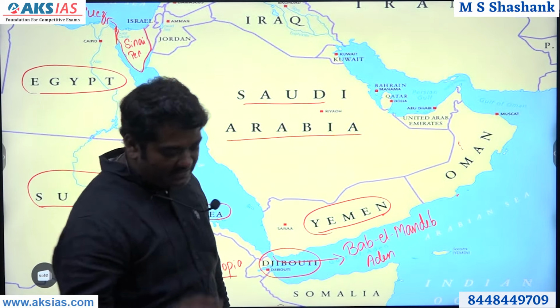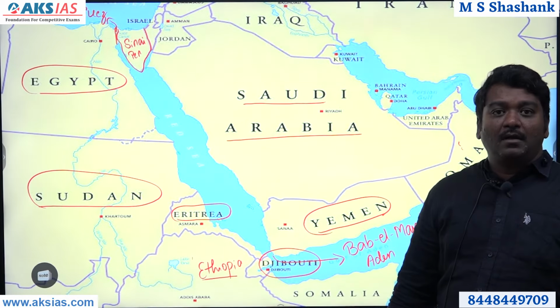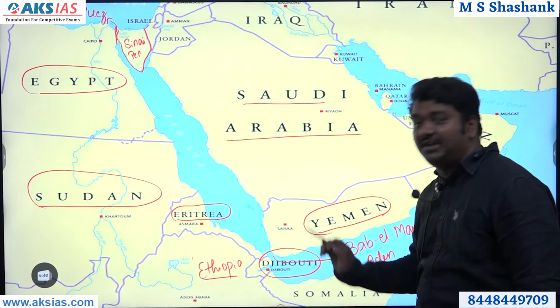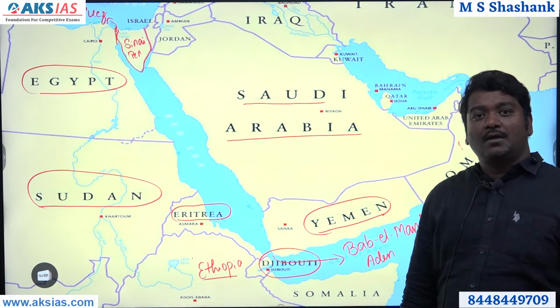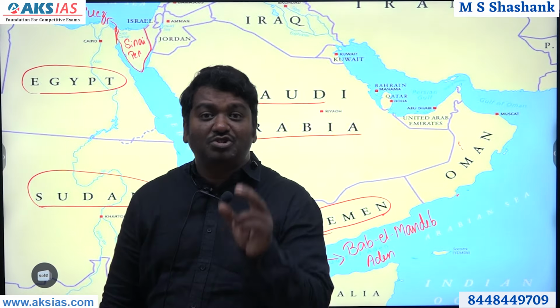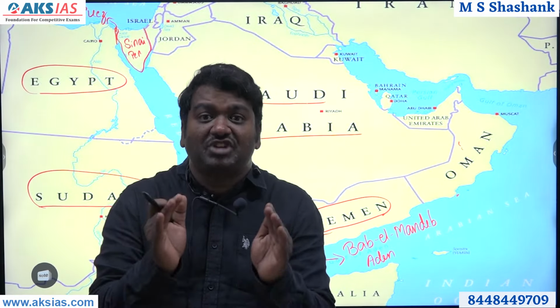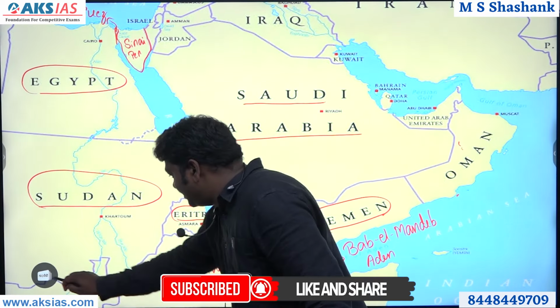Djibouti, as an Indian, if I look at it, what is so important for me? For me, this area is important because this place by name Djibouti has become part of the Chinese string of pearls or Belt and Road Initiative. It is believed China has given $100 billion to Djibouti so that they can get a place for their maritime security. That means the Chinese Navy can be present in Djibouti. Are you understanding the significance?